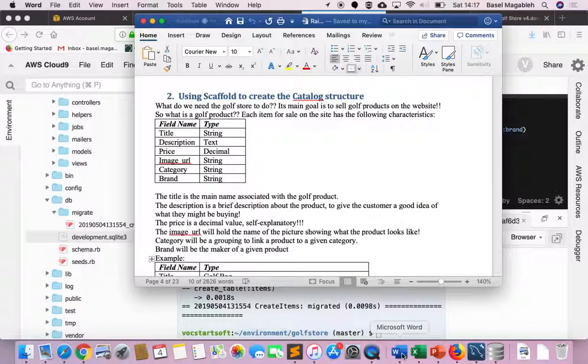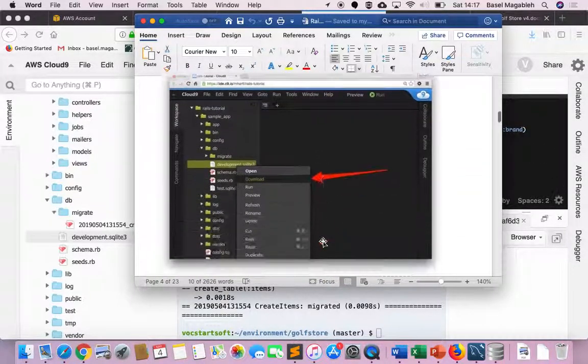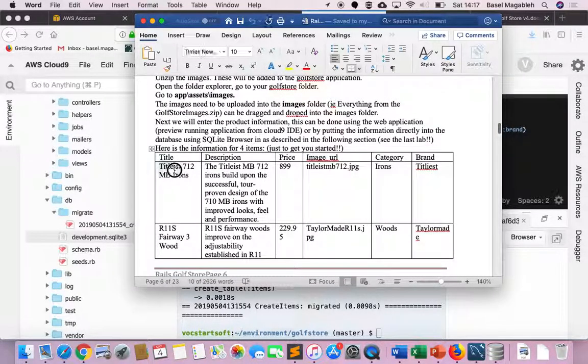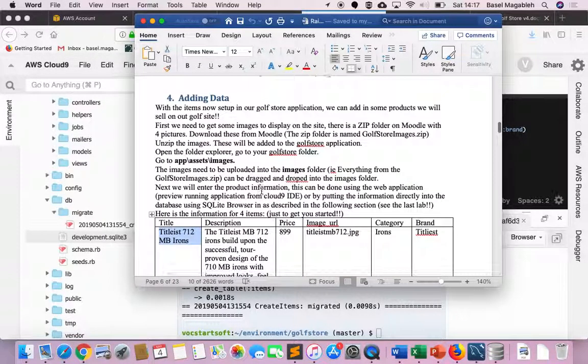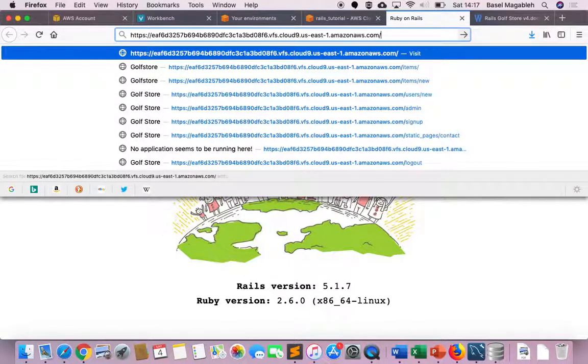Now, if you look to the lab sheet, it's asking you to enter some data in this database. So these are the data that we want to enter. As I explained, there are 3 methods you can do that. Whether you enter them via the website, which means you come to Rails and you delete this question mark and you say items